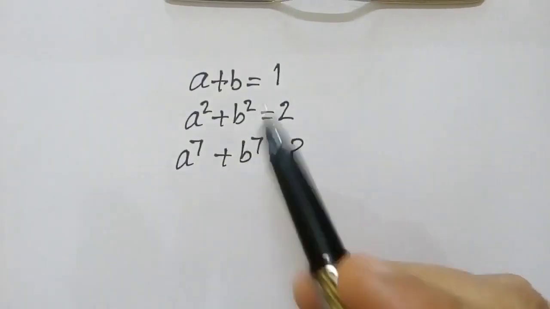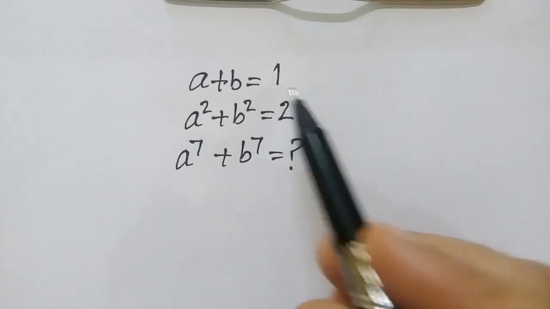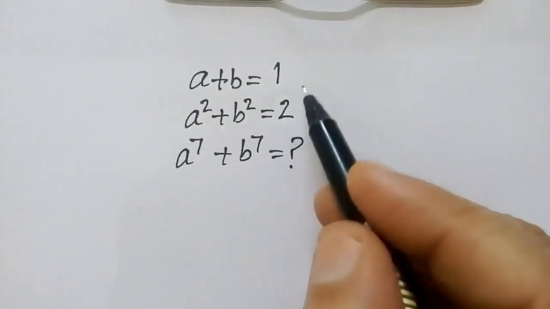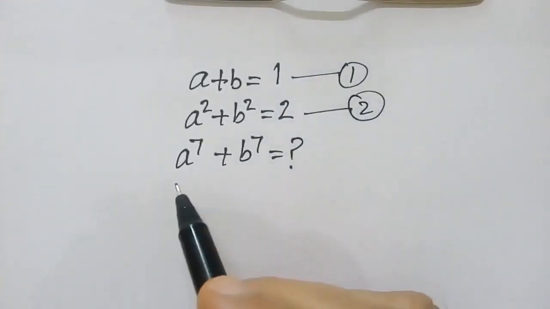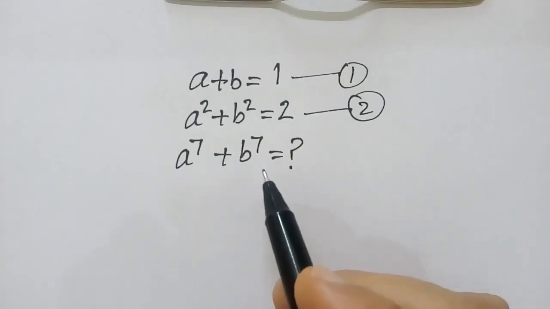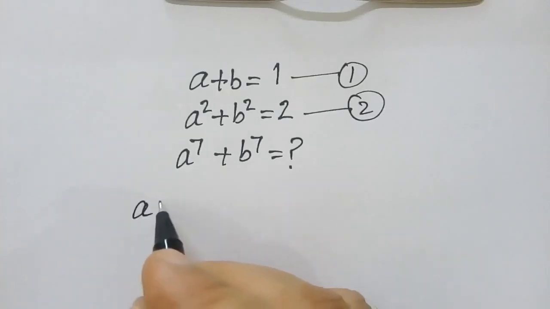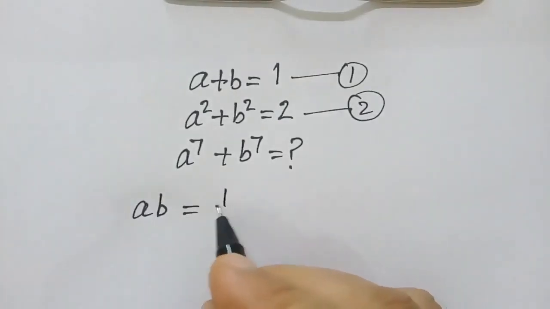Hi friends, we have been given two equations: a plus b is equal to 1, and a square plus b square is equal to 2. We have to find the value of a to the power 7 plus b to the power 7. So first we will determine the value of ab. So ab is equal to half